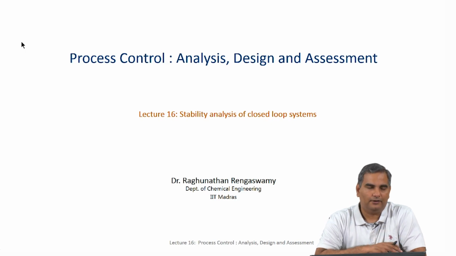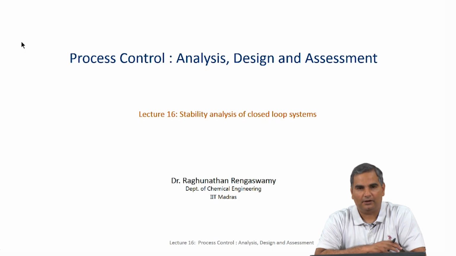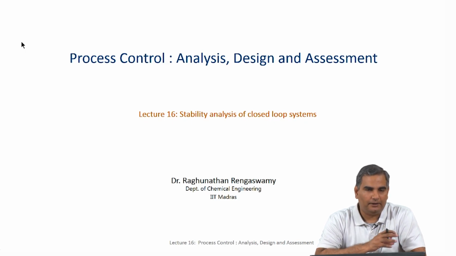If it is a P controller, the structure says you have a gain, Kc. If it is a PI controller, the structure has Kc and tau I, the gain and the integral time constant, and if it is a PID controller, it is Kc, tau I, tau d. Now, we have not yet said how you are going to pick numbers for these parameters of the controller. That is what is called tuning, and before we understand tuning, I am going to explain some notions of stability so that I can tie it in with how tuning is done.